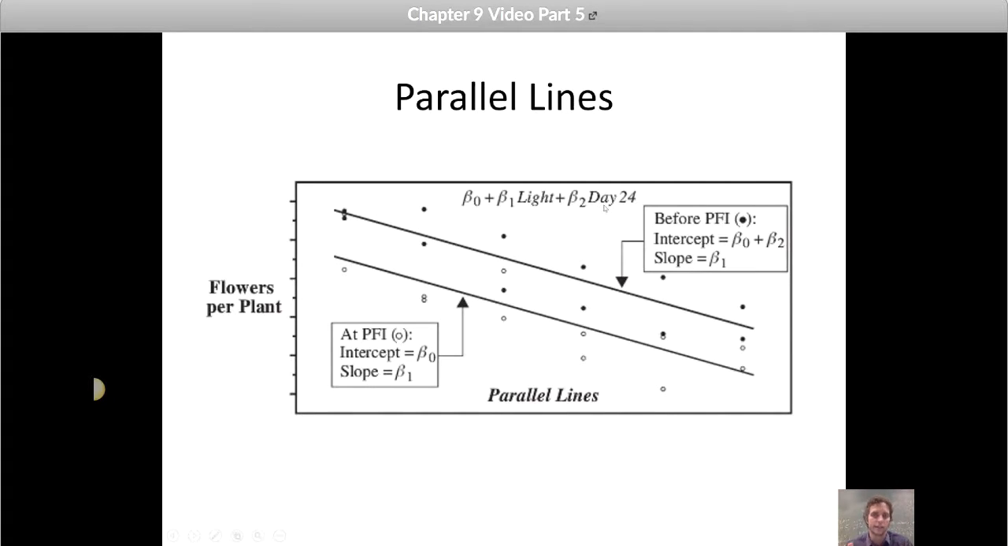That's their code for saying this is a categorical variable in day 24, which is early. If you go back and look at the actual experiment, that's early. So you think of day 24 as early and light as intensity in our naming scheme. So when we do that, it's forcing the slopes to be the same, but the intercepts can be